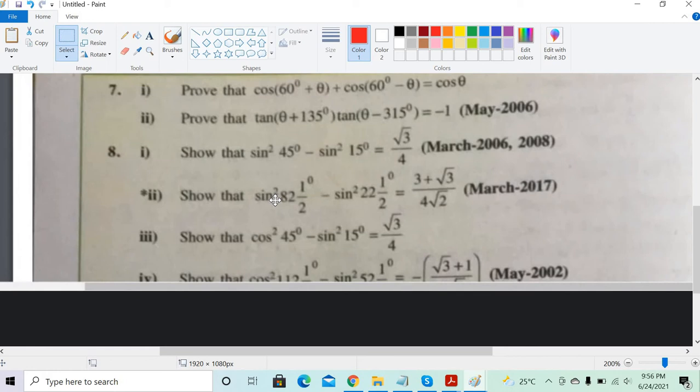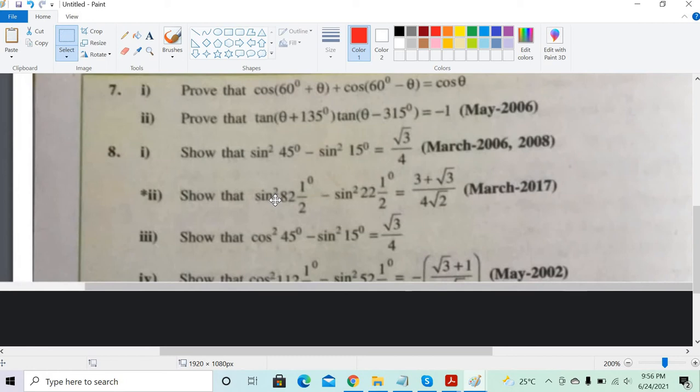Yes, you can do that. So 1 by 2 minus, then bracket, sine 15 value, you should remember that it's root 3 minus 1 by 2 root 2. So numerator is root 3 minus 1, denominator is 2 root 2. Okay. So you don't have to calculate it. I think some things you have to remember, like tan 15, cos 15, sin 15, all these things.